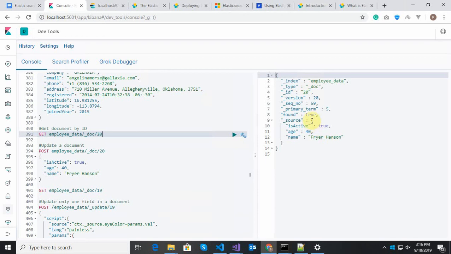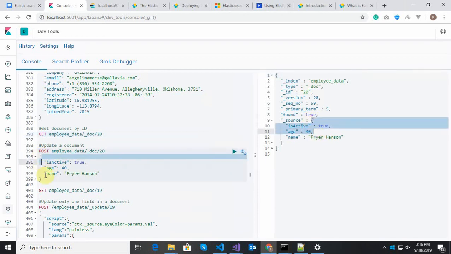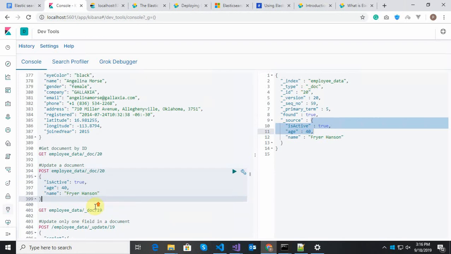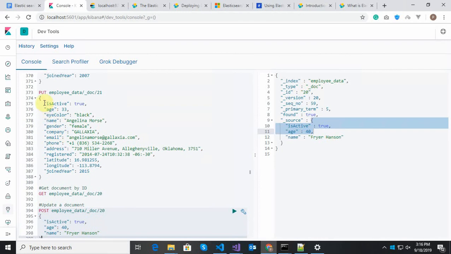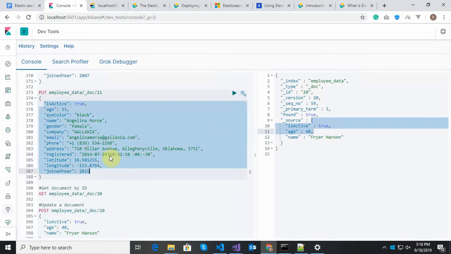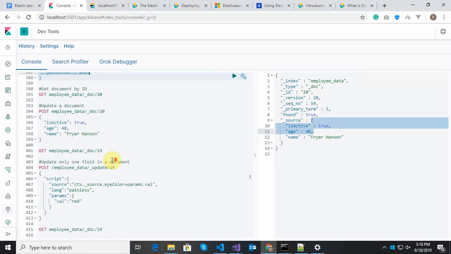The original document has been overwritten by the document we just sent. This is a problem if, let's say, we want to update one field in a document. In that case, we'll have to send all the other fields with their original values as well. So that's the issue. To overcome that,